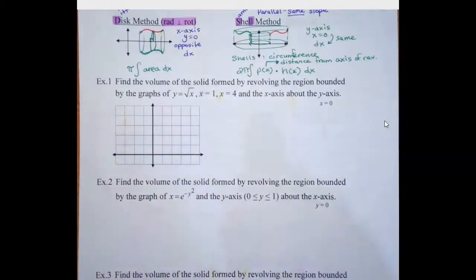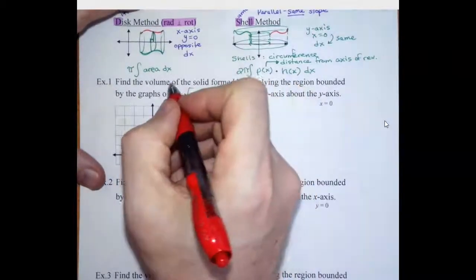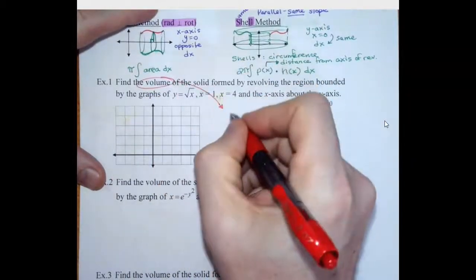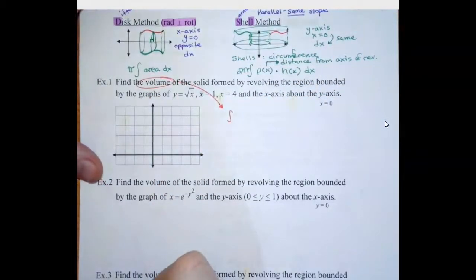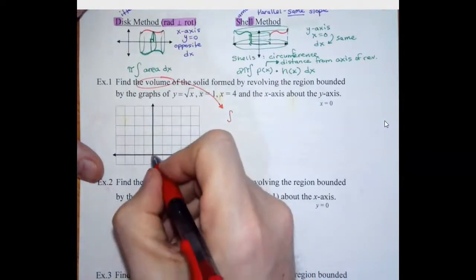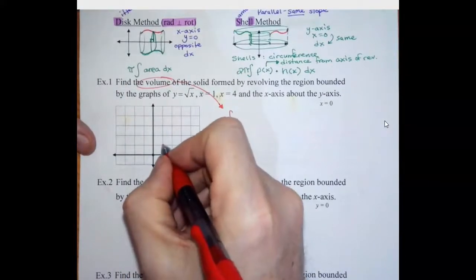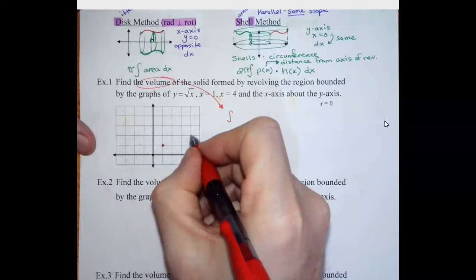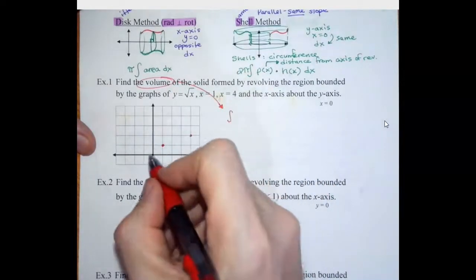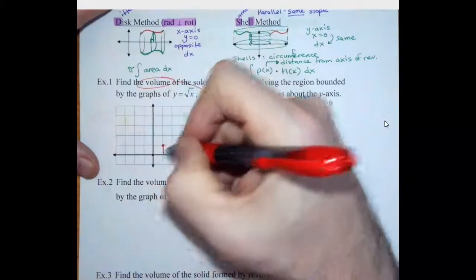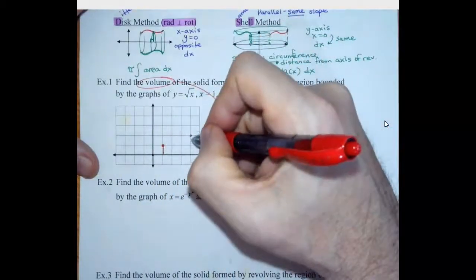So find the volume of the solid. As soon as you see the volume of the solid, you know that you are doing an integral. Okay, and let's get this graph down. So y equals the square root of x: (0, 0), (1, 1), (4, 2). If we let x be 4, then y equals 2. Now it says from 1 to 4, so I want to focus on this part here